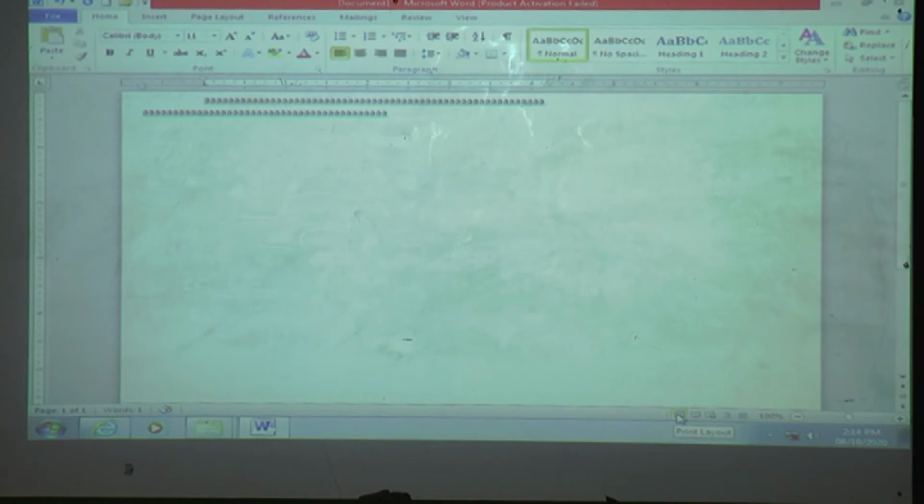It is print layout. Next one is web layout. Full screen reading, web layout, then outline, and last one is draft. Understand everyone about the status bar? Anyone having any doubt?